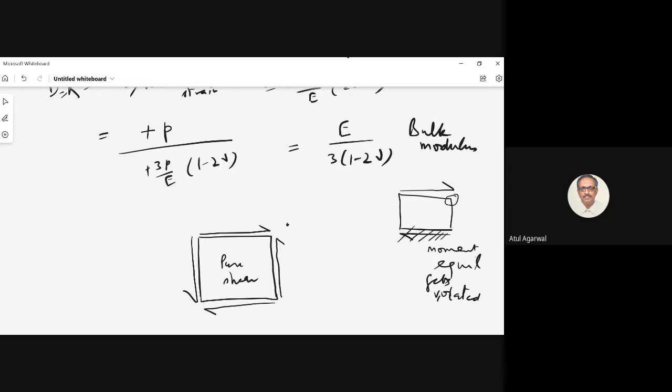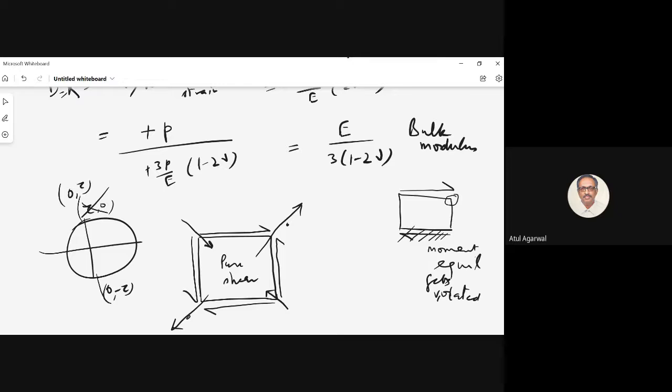Now I had explained that there will be a principal stress in this direction and a compressive stress in this direction. If you draw its Mohr circle, so tau, 0, sorry, 0, minus tau, 0, tau. Here you are having tau and minus tau, two principal stresses. Now you can find stretching in this direction. This is your diagonal. Suppose you take both of them of the same length, so your diagonal becomes root 2.